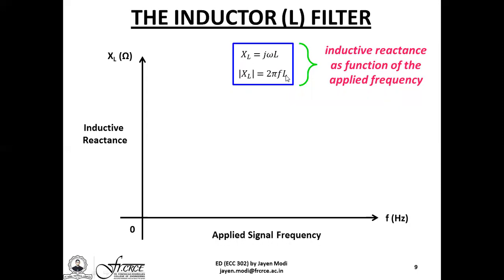However, if we plot a graph of the change in the inductive reactance versus the frequency, then L being the component value remains constant and 2 pi is also a constant term. So XL becomes directly proportional to the frequency F. It means when F is 0, XL will also be 0. But as F tends to go towards infinity, XL also will tend to go towards infinity. So plotting this will give us a characteristic curve like this. This is nothing but the equation of a straight line that passes through the origin. For this particular graph, the slope is simply 2 into pi into L.